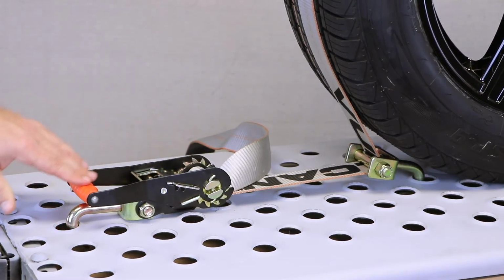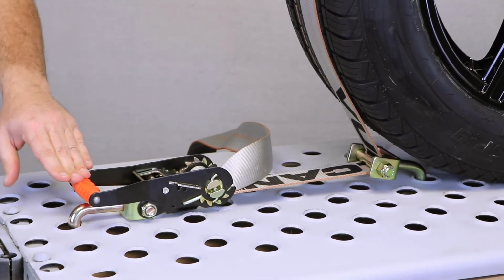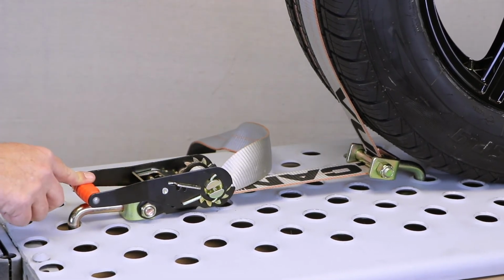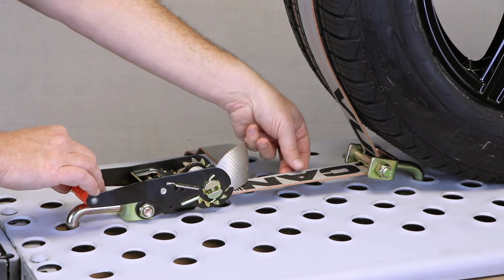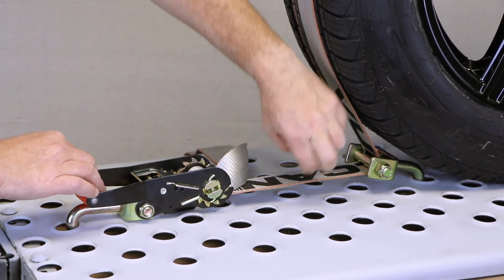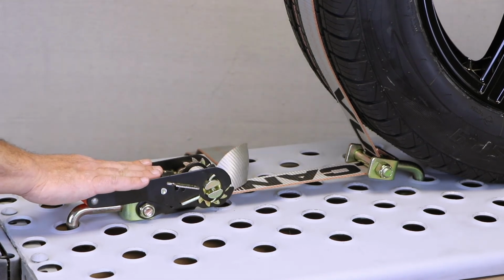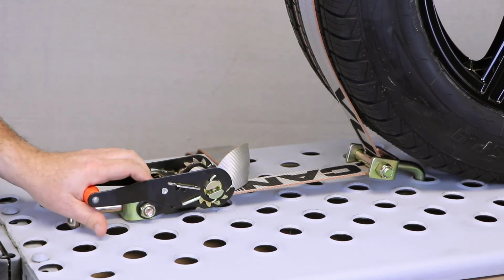Now it's time to remove my assembly. Now, I'm not going to say this is tricky, but you do have to be cautious. Remember that during transport and while we ratcheted it, we did put a lot of force into this strap. Tension's built up, and when we release this, we're going to release all the force that's been stored up in here. In order to do this, we're going to pick up on the lock release handle and